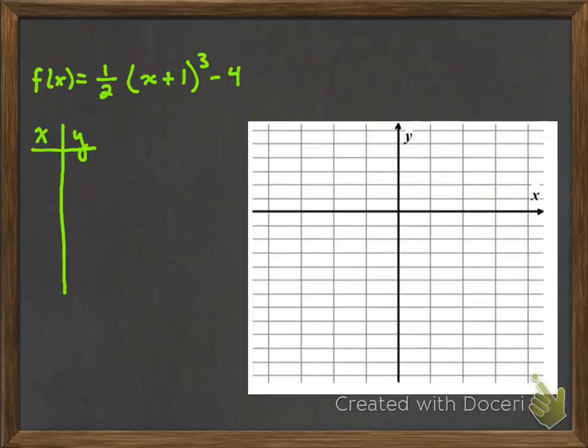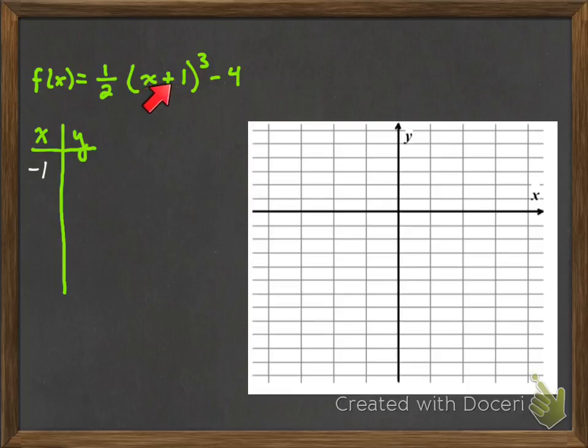All right, so the next one is going to be a cubic graph. And so with this, we're not really as concerned about it coming out evenly because we're not dealing with radicals. So we can pretty much plug any number we want in for x, and it's going to work out nicely. The only thing is we want to try to keep our numbers relatively small so that it fits on our graph. All right, so let's try -1 for an x value,